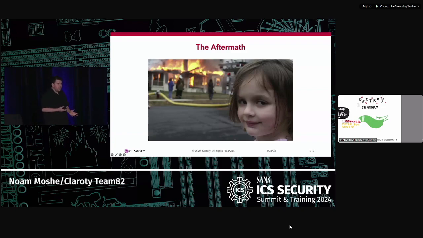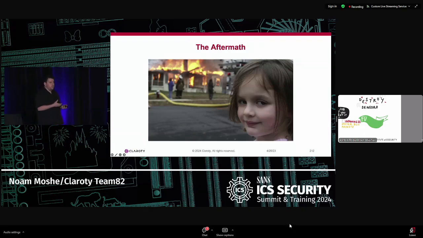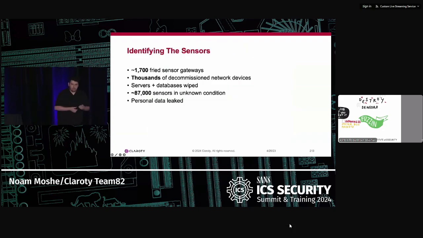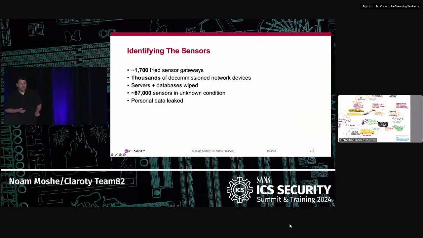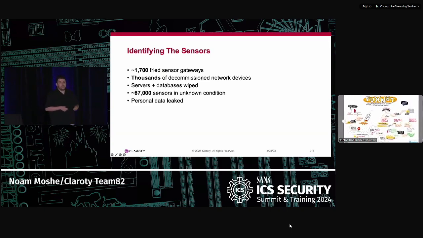Cool. So this is the attack. However, let's try and understand the physical consequences, because we are not talking about IT. We are talking about OT, physical consequences. We are talking about real-life connection. Now, from the logs and from all the release data, we know that there are around 17,000 fried sensors gateways. Now, basically, Blackjack made sure that these gateways will never be able to work again, both ruining their firmware and completely ruining their hardware themselves, meaning these are basically bricked devices that need to be thrown into the landfill.